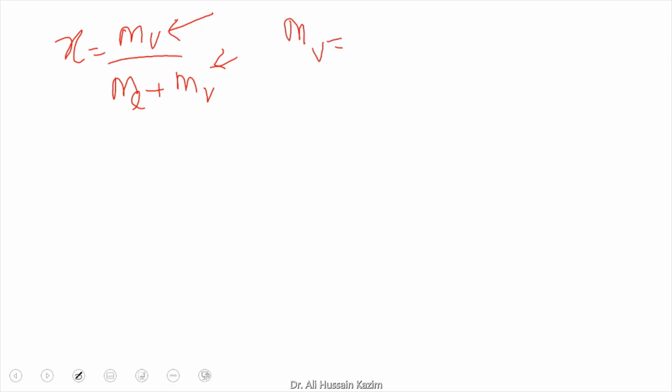So the quality is given by mass of vapor divided by mass of liquid plus mass of vapor. The only unknown in this equation is mass of vapor. So if we substitute all the values, we get mass of vapor to be 37.5 kg. Next, we need to find